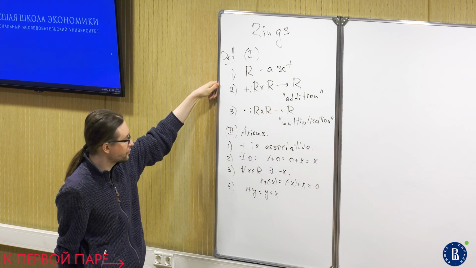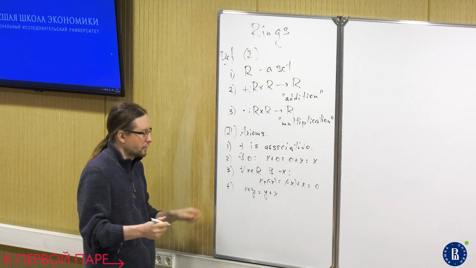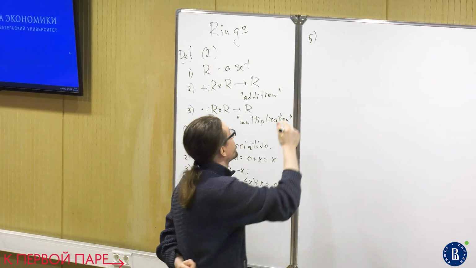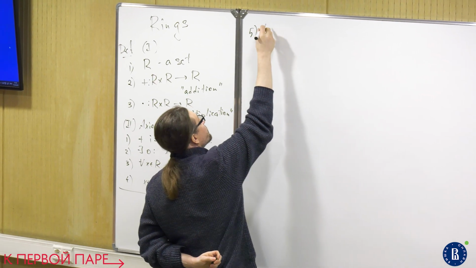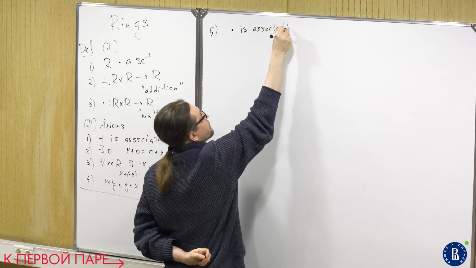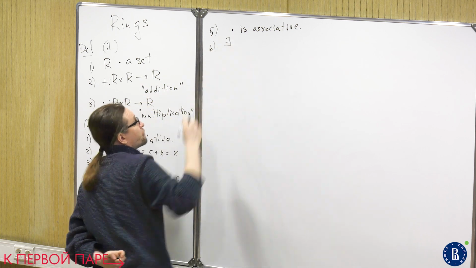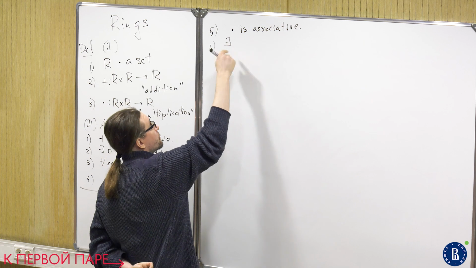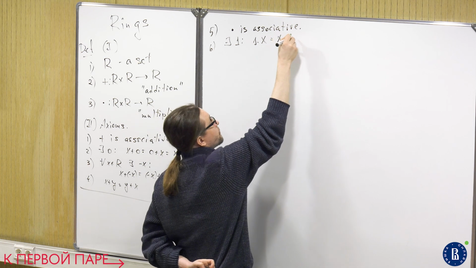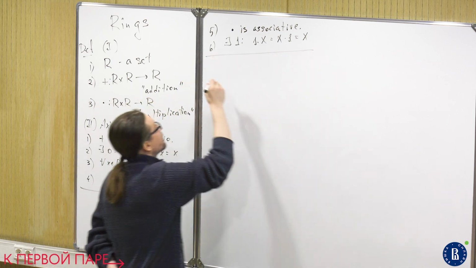Now, the next axiom says that multiplication must be good enough. So let me write it down here. First of all, we want multiplication to be associative. And there is a neutral element with respect to multiplication. We'll denote this element by 1. There is 1 such that 1 times x equals x times 1 equals x. And then we want,